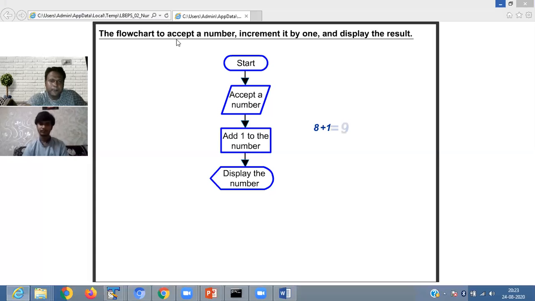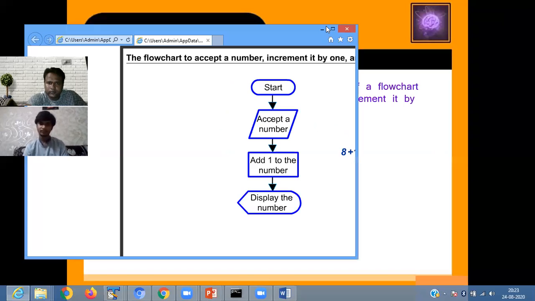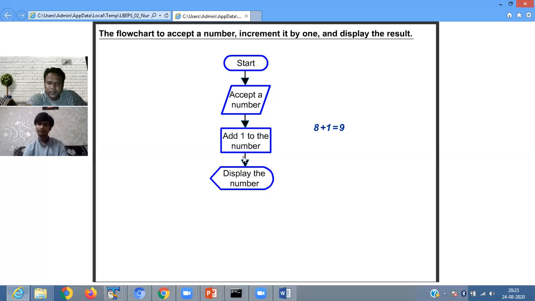First, the start of the flowchart, then accept a number, then add 1, which is a processing step. Then it gives you output, this is a display, then the end of the flowchart.